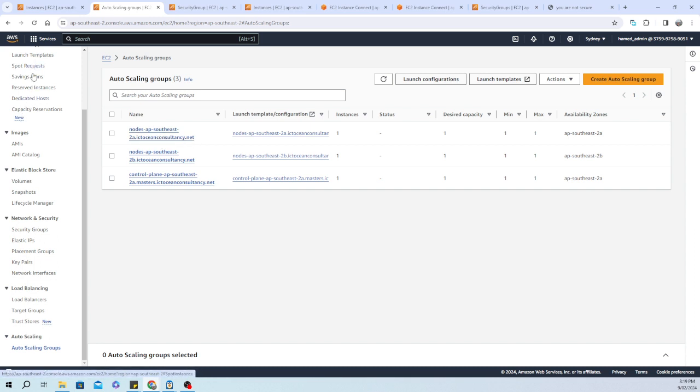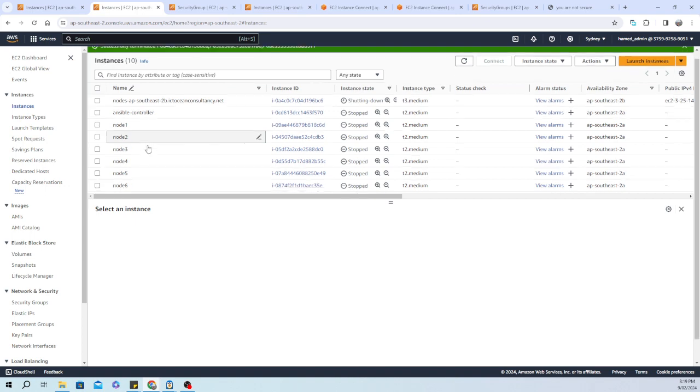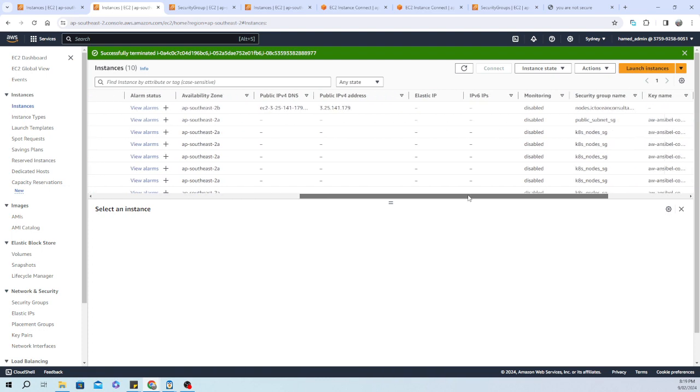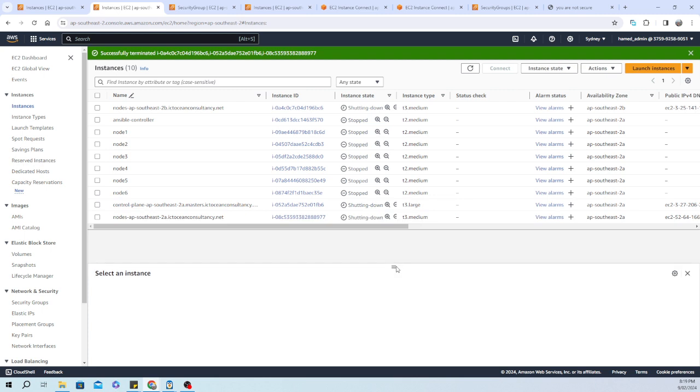So what will happen if you just go here and think that, okay, it's like Kubespray? Because in Kubespray, what I had done, this was my Ansible controller. You remember my Ansible controller node. It consisted of 6 nodes. But here it's not like that. Although you put them in terminate, shutting down mode,